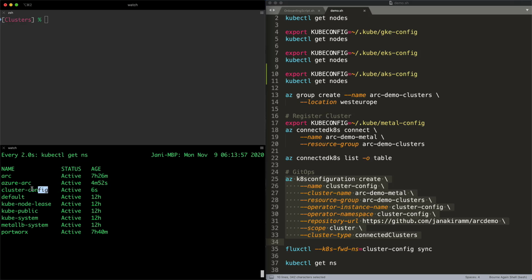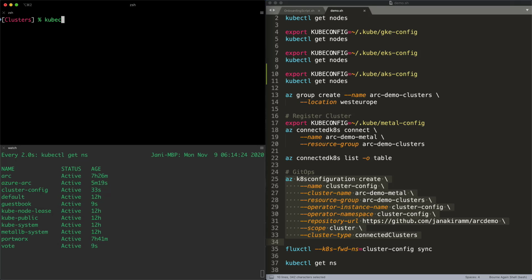All right, now we see a new namespace called cluster config, and this is currently deploying the Flux CD, or the Flux continuous deployment agent. And once it pulls the appropriate artifacts, we'll see the vote and the guestbook namespace. There we go. Now the vote namespace is showing up.